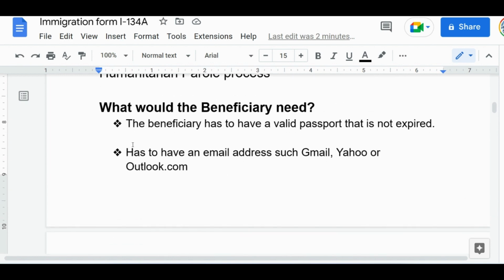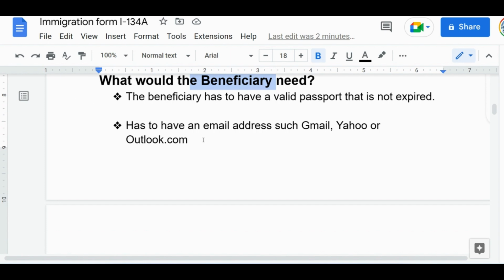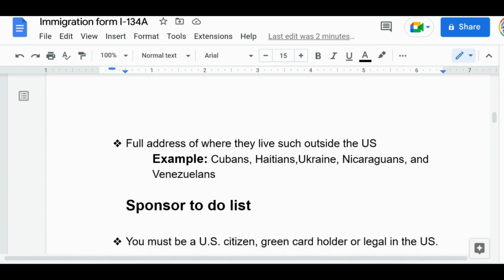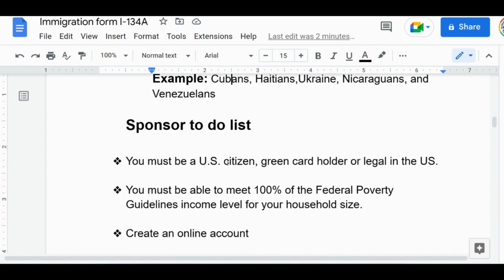So what will the beneficiary need? The beneficiary has to have a valid passport that is not expired. The beneficiary is a person that is outside the US, that will be coming to the US after this whole process is approved, and then they can come to the US. They also have to have a valid email address, yeah, Gmail, Yahoo, or Outlook. And the full address of where they live outside the U.S. For example, if you're from Cuba, you're gonna have a valid address. So next will be